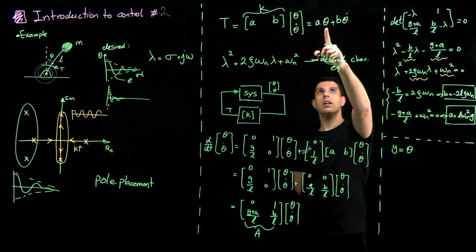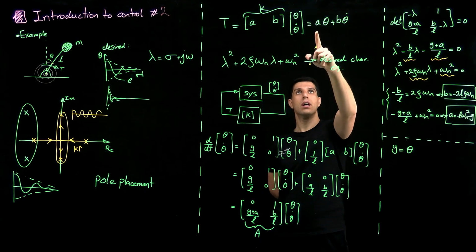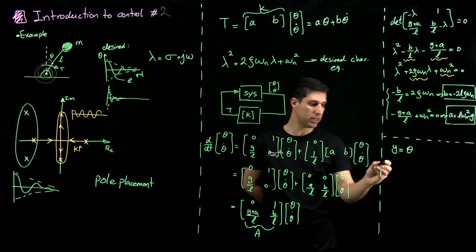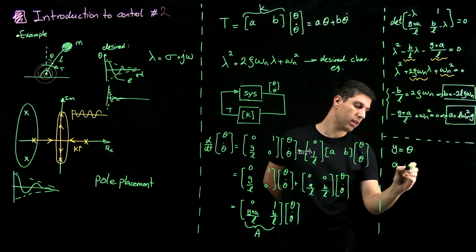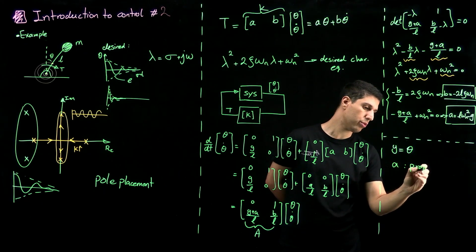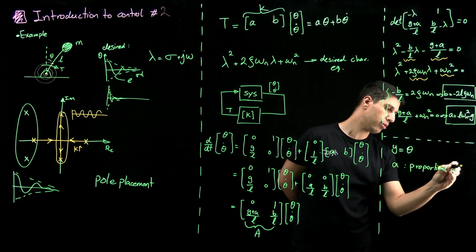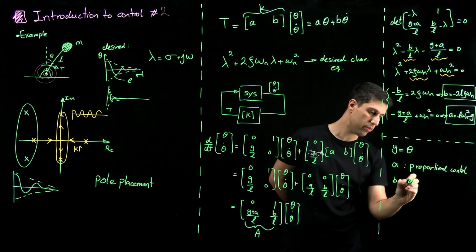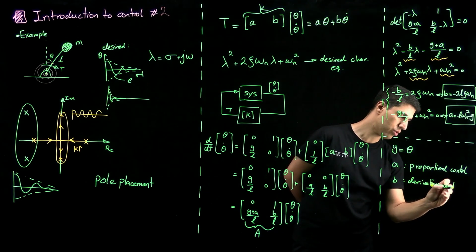What I have done is create a controller that is proportional to the output and proportional to the derivative of the output. So the proportional component A is called the proportional control gain, and B is the derivative control gain,